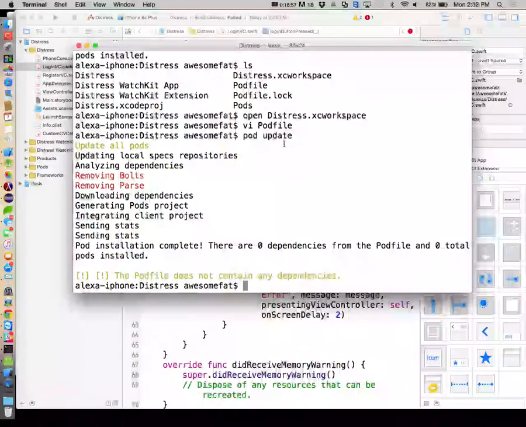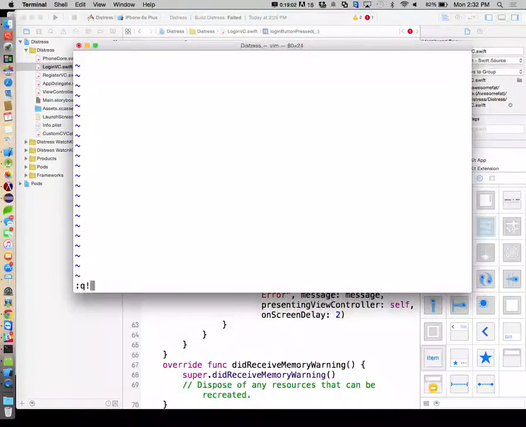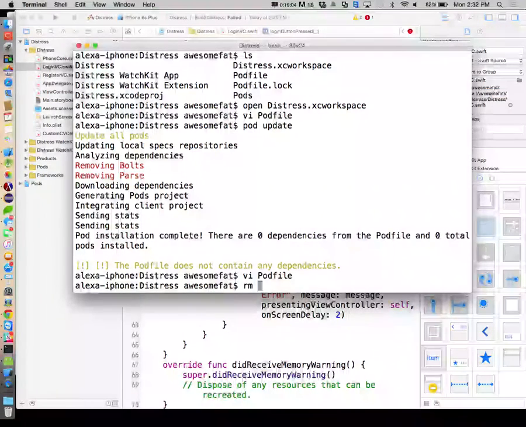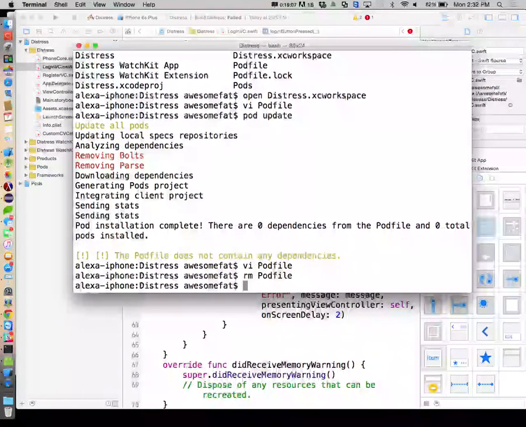Okay, so let's go back out to the terminal. So it removed that stuff. So let's go back in here, and just for the sake of sanity for right now, copy